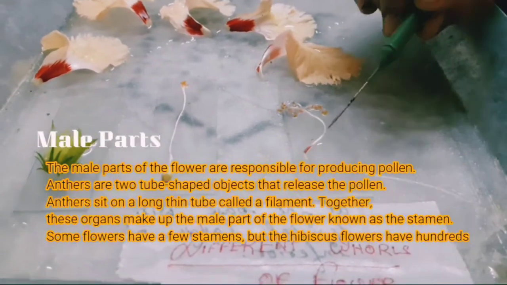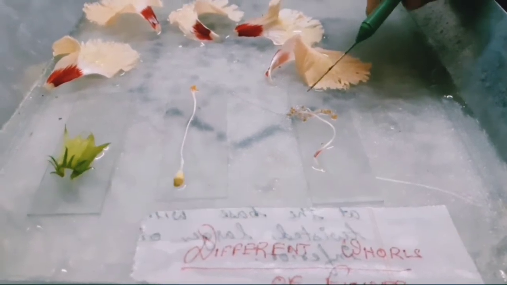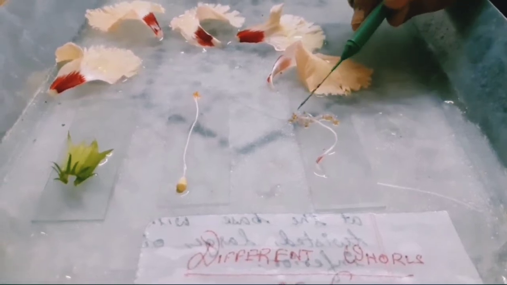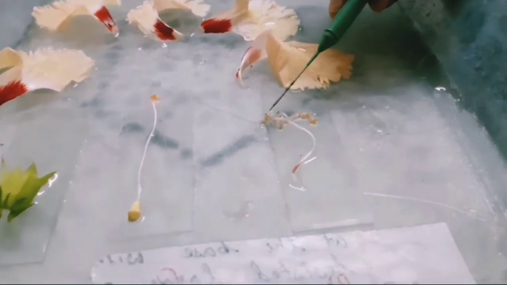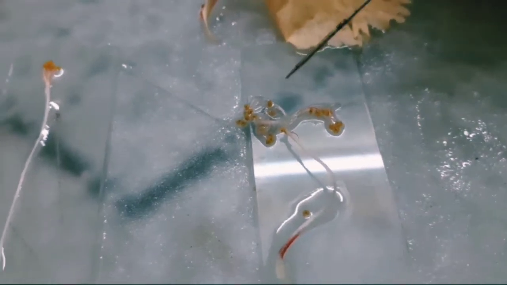Told you. So the staminal tube contains two parts. This is the male part, this is the female part. The male part contains a long filament, and above the filament the anther is present. Yes, this anther contains the male reproductive unit, the pollen. Look, these yellow color structures are the anthers which are positioned above the filament. So if we want to describe the androecium, we have to explain the stamens are numerous. There is no fixed number.